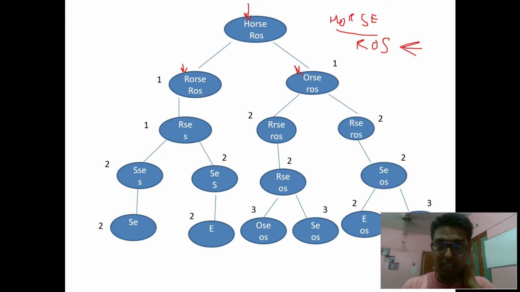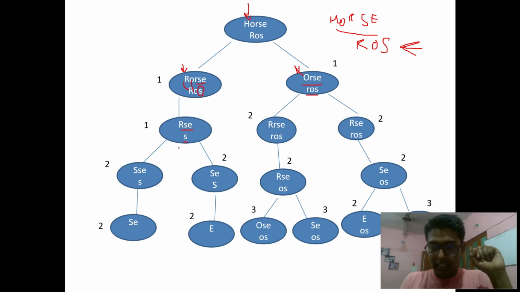Here I have replaced H with R, and here I have deleted H. So here my string is converted to RORSE, and the other string is ROS. And here my string is ORSE. R and R match. So I need to match these two. Then again, O and O match. So I will move forward and match the rest of the characters in string 2 with the rest of the characters in string 1. Now I am left with RSE in the first string and only the character S. So I need to match S with RSE.